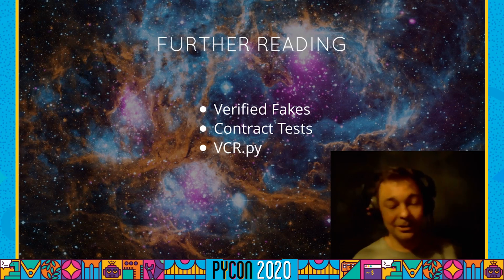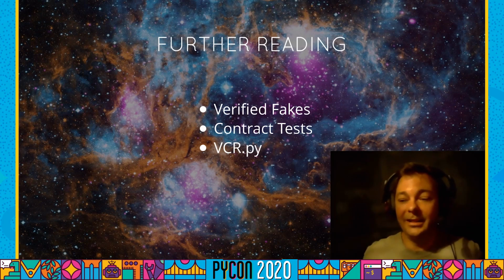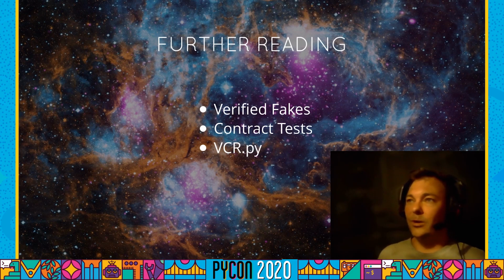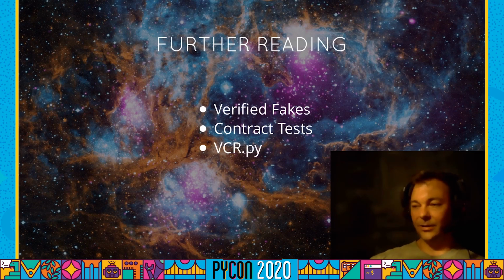And then finally, there's a very cool library called vcr.py, which is a kind of alternative to mocking and patching in the unittest.mock way, where it will let you run tests against a real API, and then it will record the responses, and the next time you run those tests, it's going to play back the same responses, and that can be a very neat solution to this whole problem. Although in my experience, it sometimes also gets very complicated.